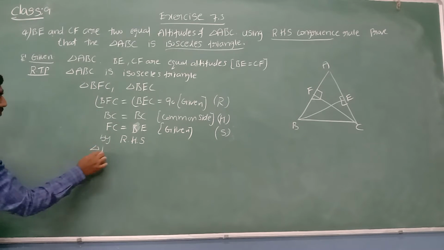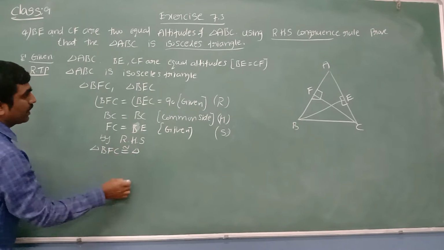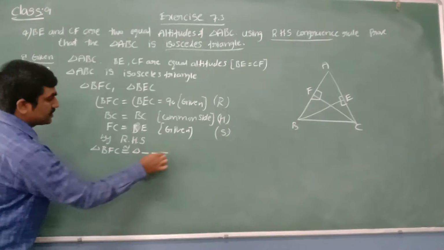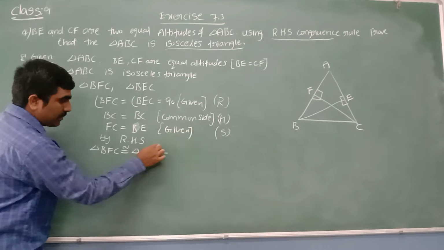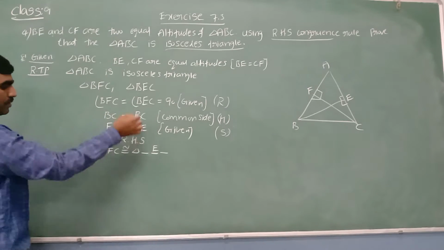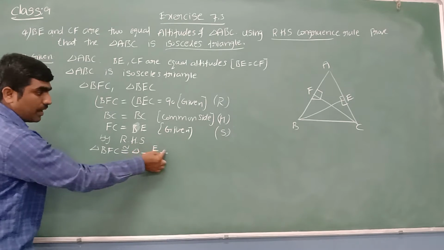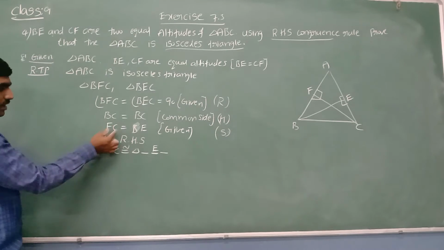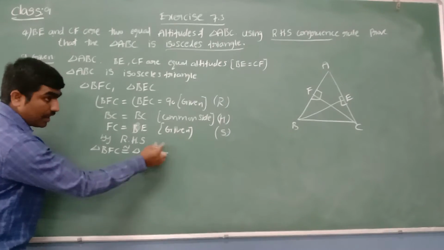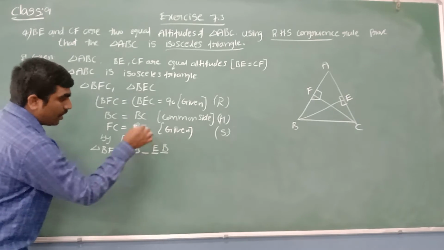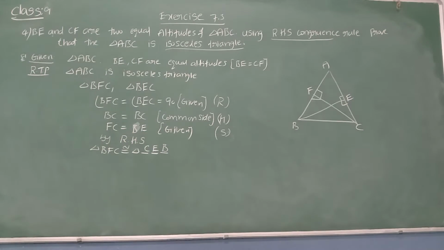Let us write them in symbolic form. Triangle BFC is congruent to triangle, I said keep the dashes. Angle F is equal to angle E. F and E must be in corresponding places. BC equal to BC: BC is first and last, here also BC is first and last. It may be BC or CB also. Let us go for the next one. FC is equal to BE. FC is the last group, BE is also the last group. It may be BE or EB. So one more is what? C left. That is the direct symbolic form.